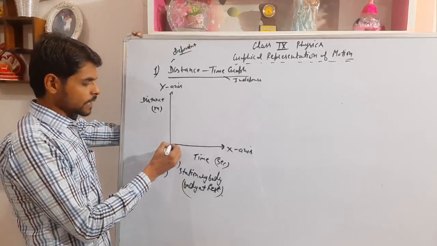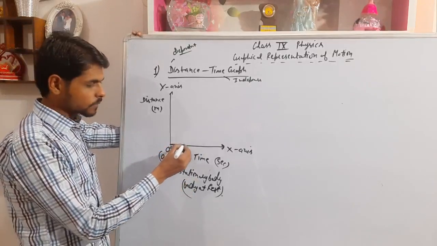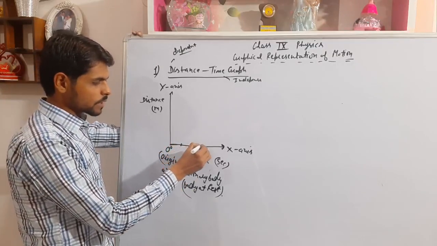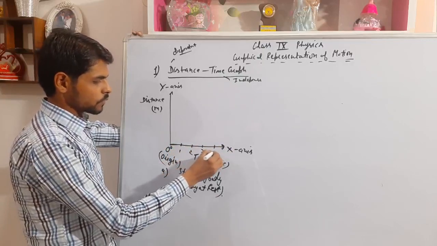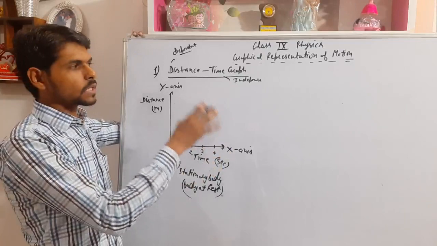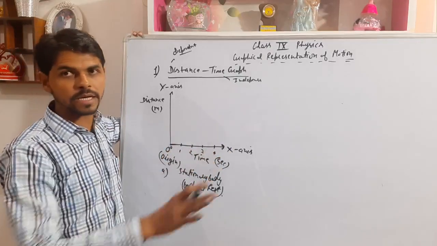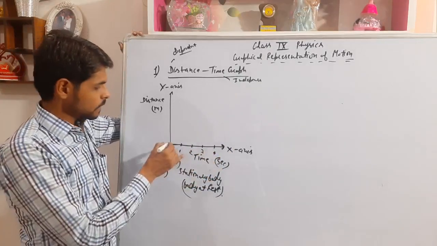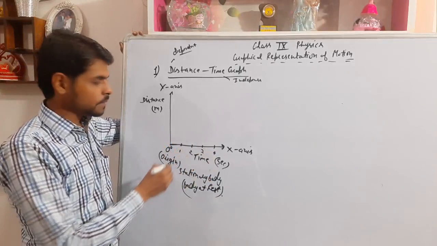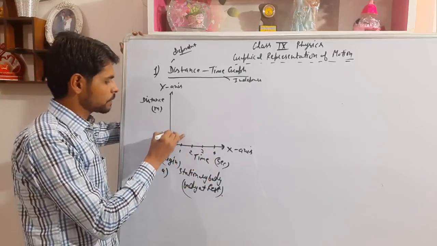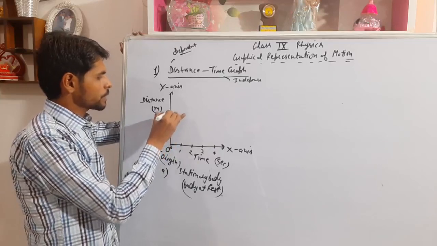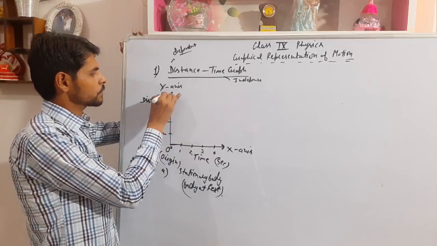If now I am taking the time as 0 seconds, 1 second, 2 seconds, 3 seconds, 4 seconds. It means I am observing this board for 4 seconds only. Okay. When I look at the board at 0 seconds, I am taking the distance value now. This is 1 meter, this is 2 meter, this is 3 meter, this is 4 meter.